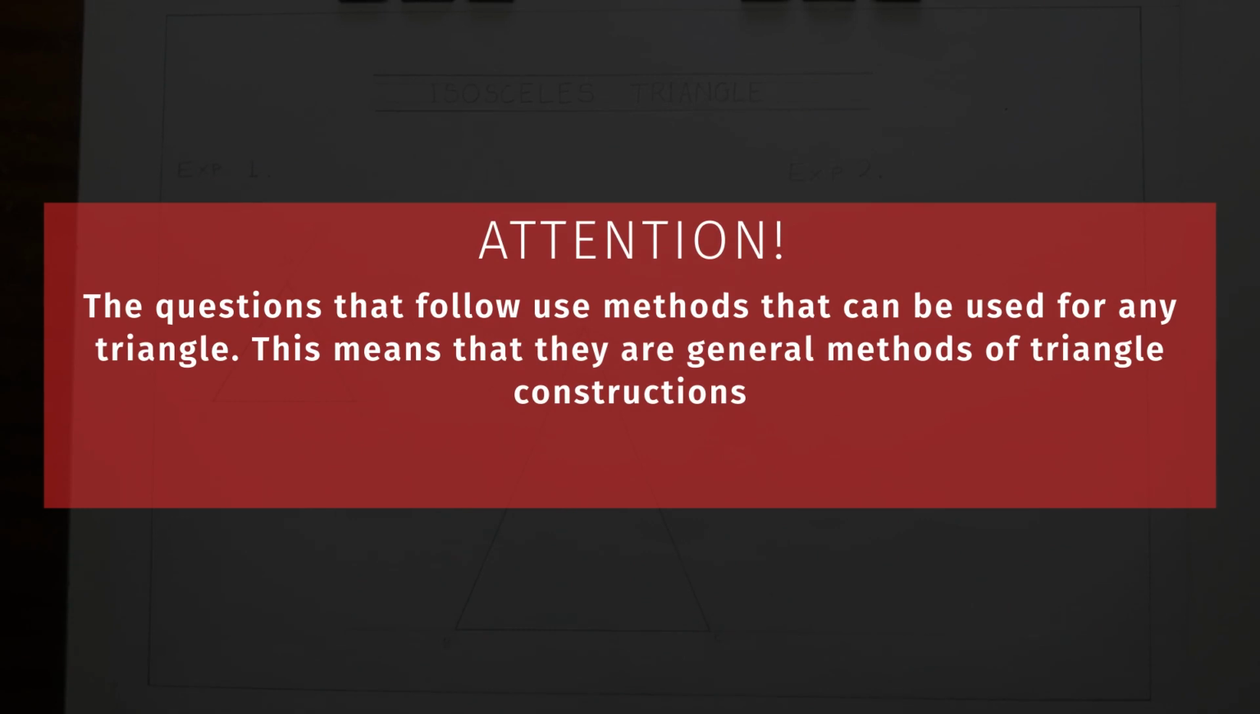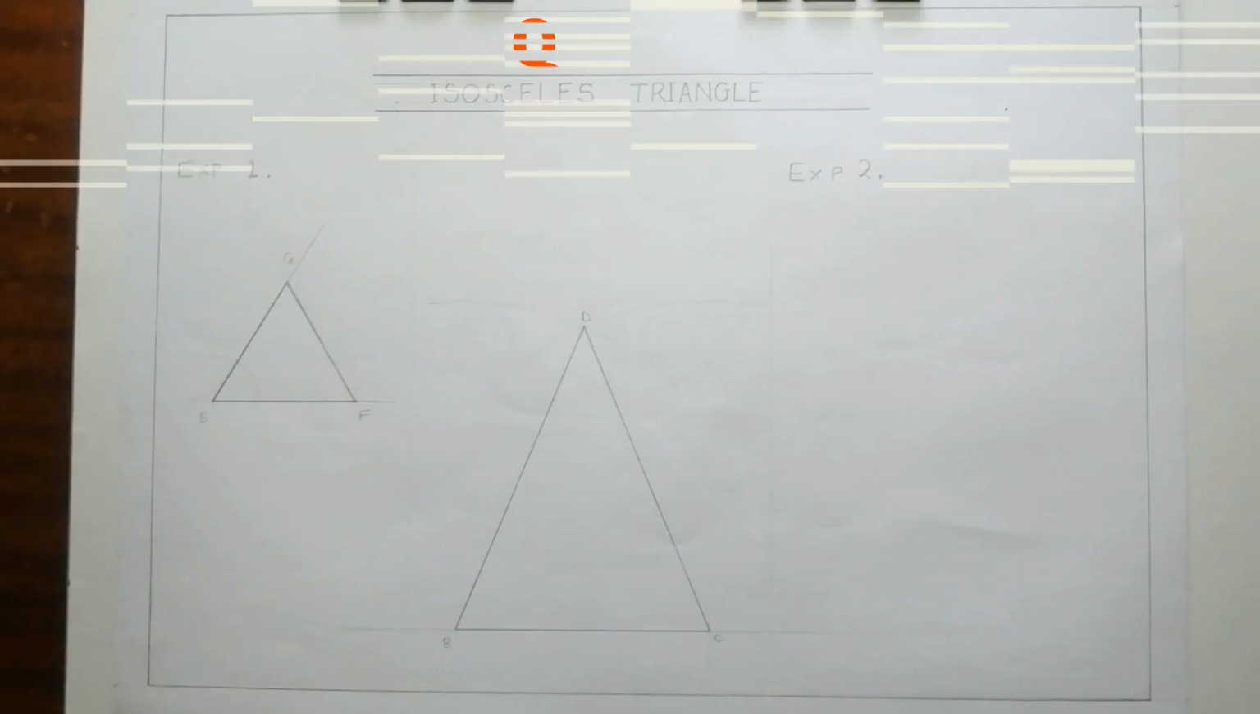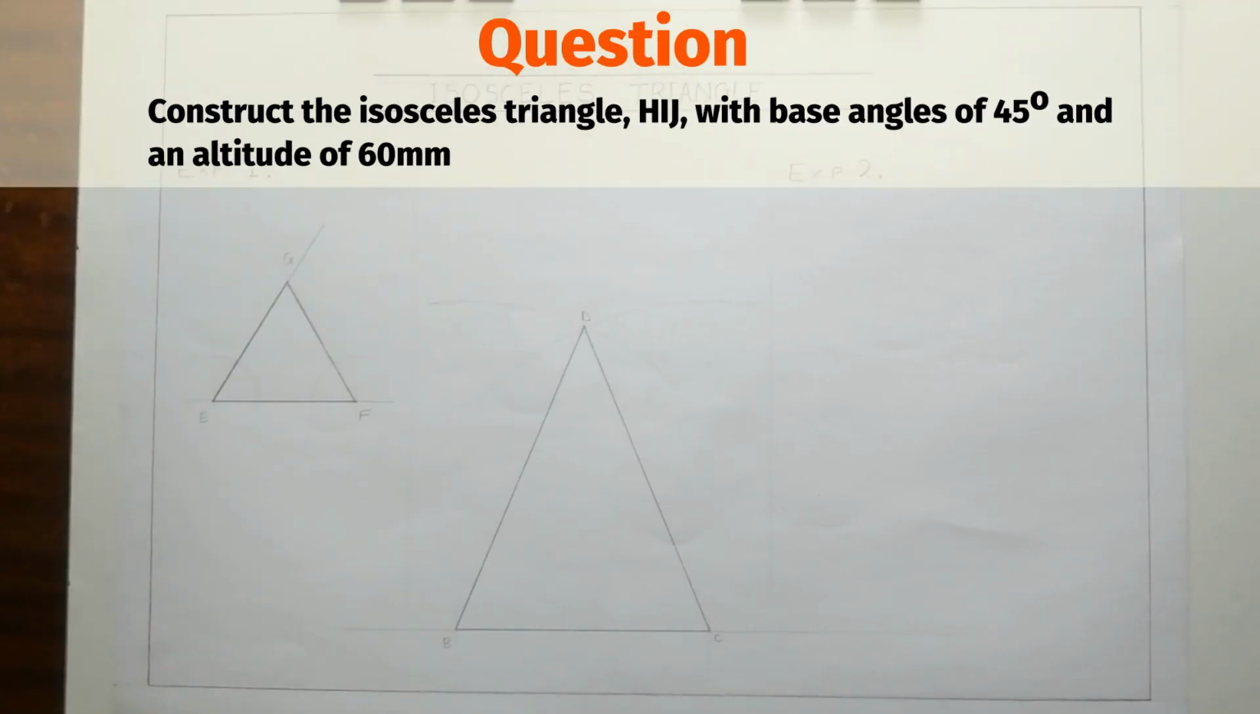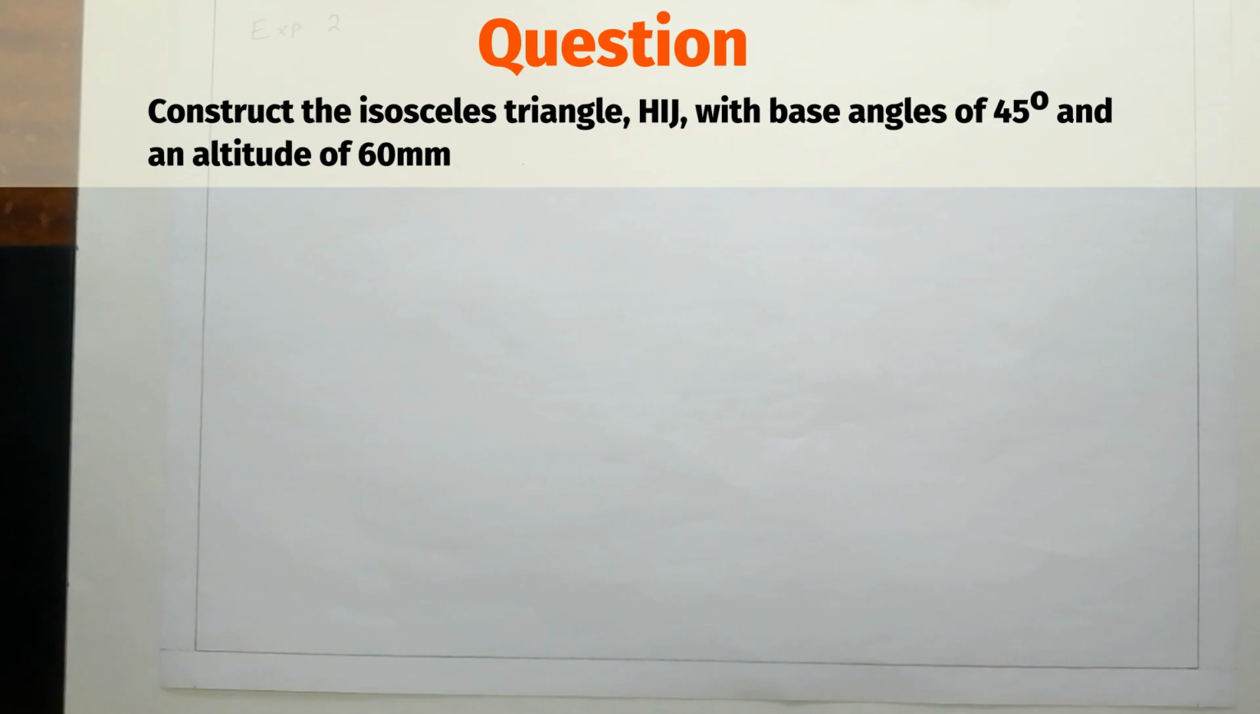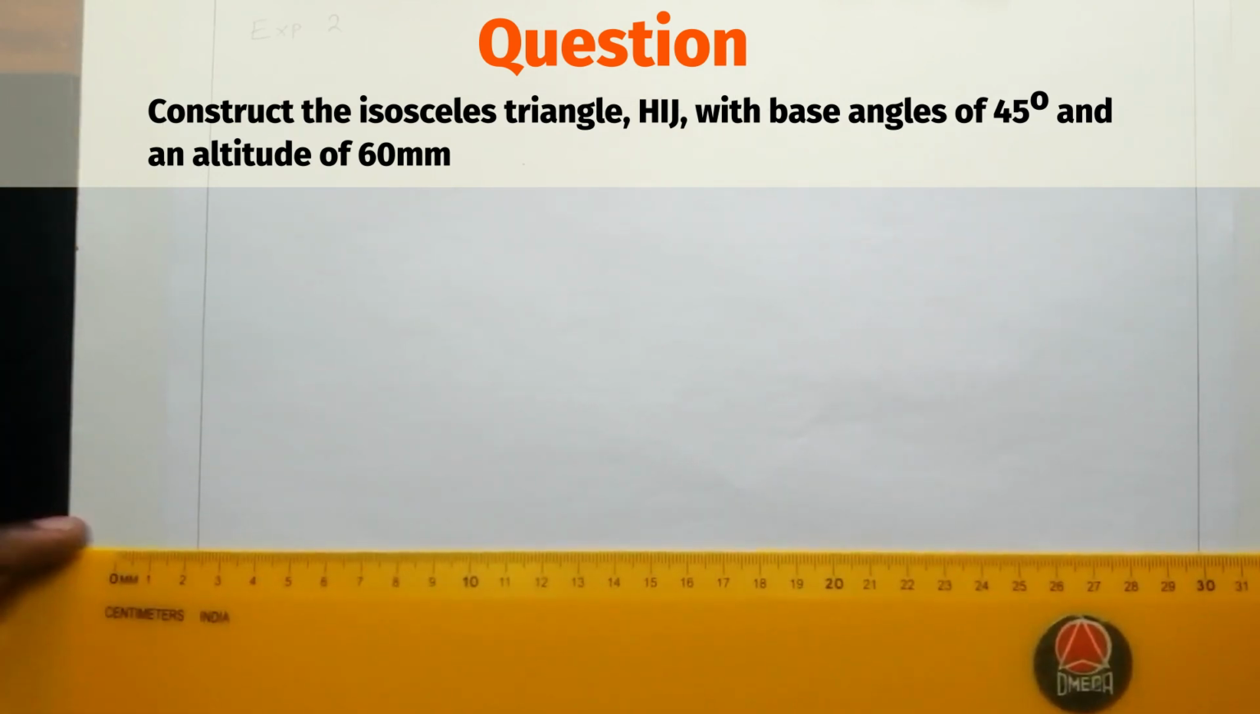We're going to do a more interesting type of isosceles triangle. This time, we've been given the base angle of 45 degrees and we've been given the altitude, which is 60 millimeters. We are asked to construct an isosceles triangle. The first thing we do is draw our altitude. I hope you remember what the altitude is. To do that,